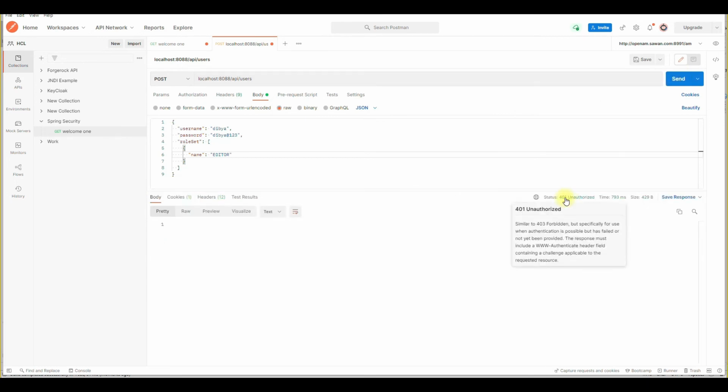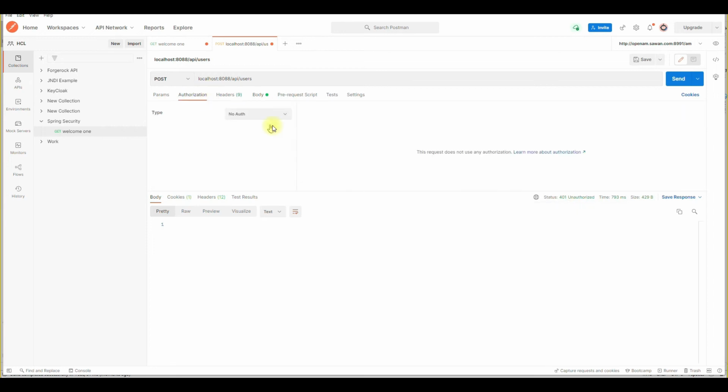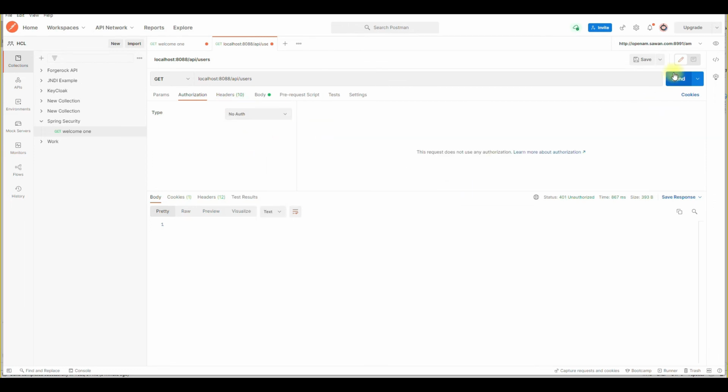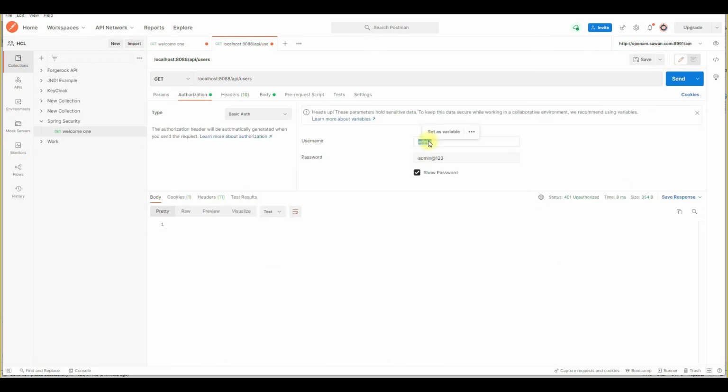So this one is a 401. Now go inside the authorization, select the basic auth, and let me just change it to GET. Let me check with no auth also, send it, 401. Now go inside the basic auth and try to access with Divya. Divya 23, send it. So currently it's a 403 forbidden error for Divya.